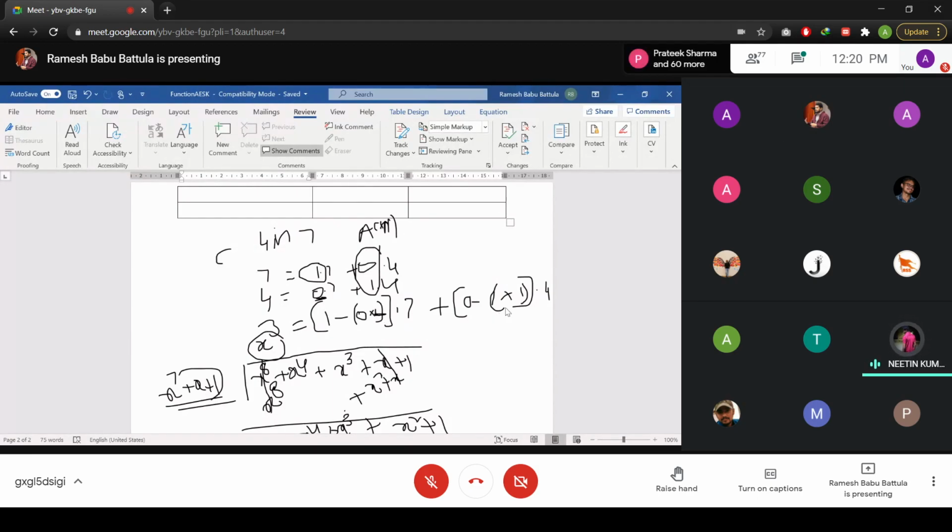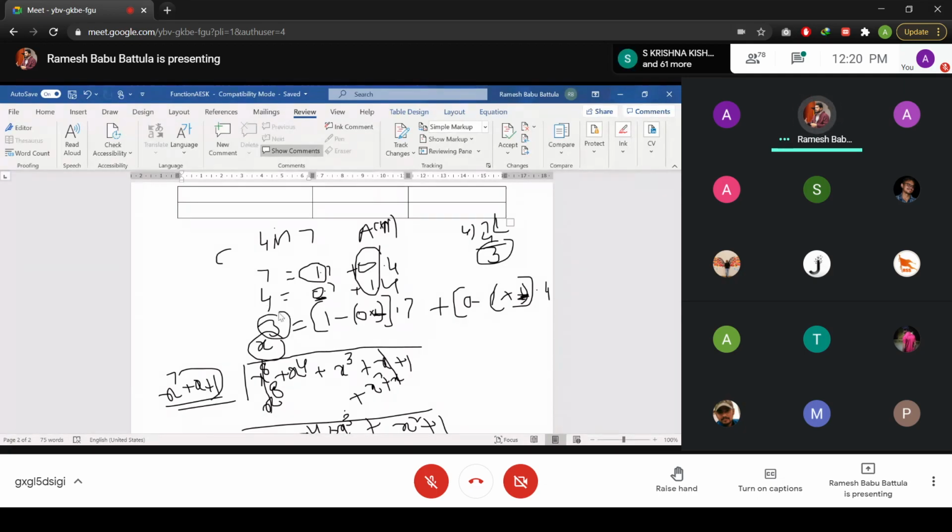Here in the 0 minus 1 into 4, where is the third one coming from? This is also coefficient. This is also coefficient only, Q. 7 divided by 4 we need to perform. But here our coefficient value is 1. Here this is the 4. And what is the remainder value? Remainder value is 3. So remainder value we are writing here.